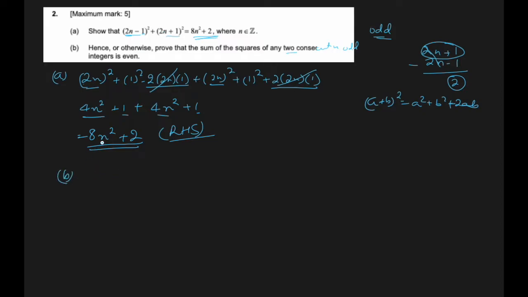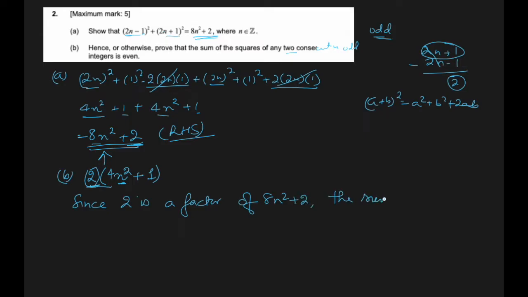Let's take 2 common out of this, right? So what is left in the first part? 4n squared. And what is left from the second term? Just 1, because 2 is out, so 2 times 1 is 2. If I expand this, I'll get back the same expression again. So no matter what value of n I keep, it will always be a multiple of 2 because 2 is outside here. So we can write, since 2 is a factor of 8n squared plus 2,